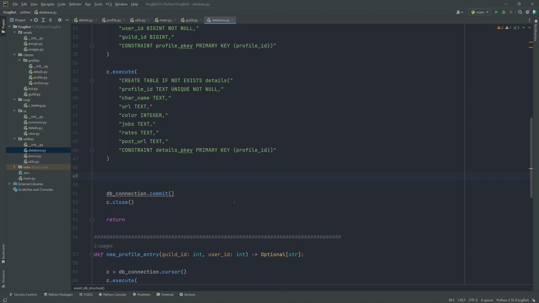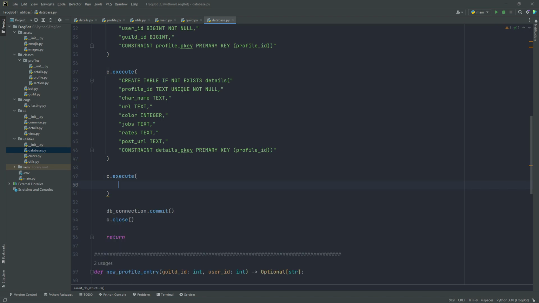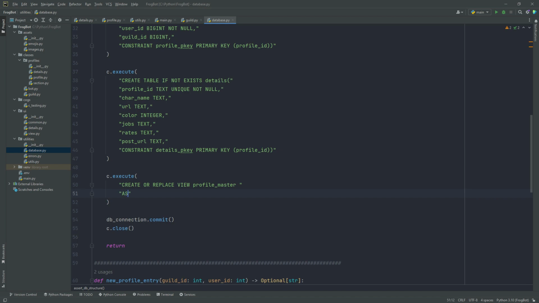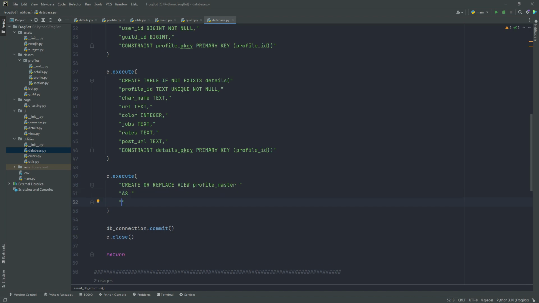Okay? I think it's easier just to show you. So let's say c.execute. And then I want to say create or replace view, and we're going to say profile master, and we'll put as. And honestly, a lot of these keywords I just like separating out a little bit for clarity. You can do as you will. And we're going to say select